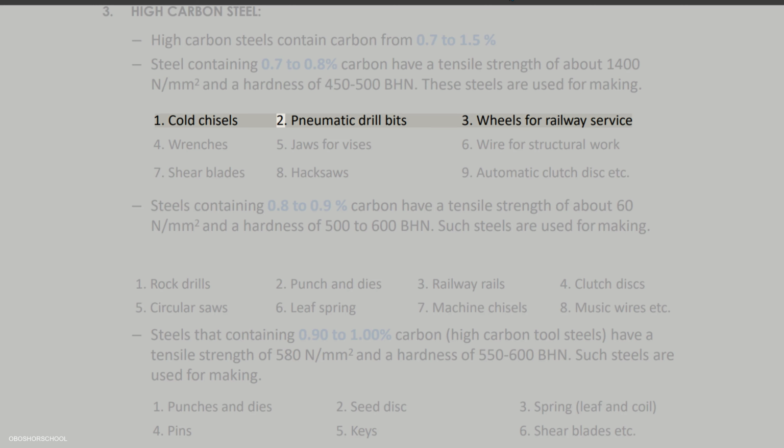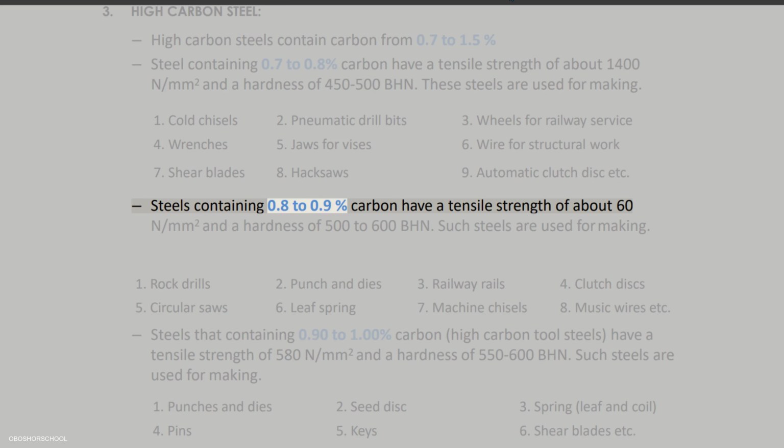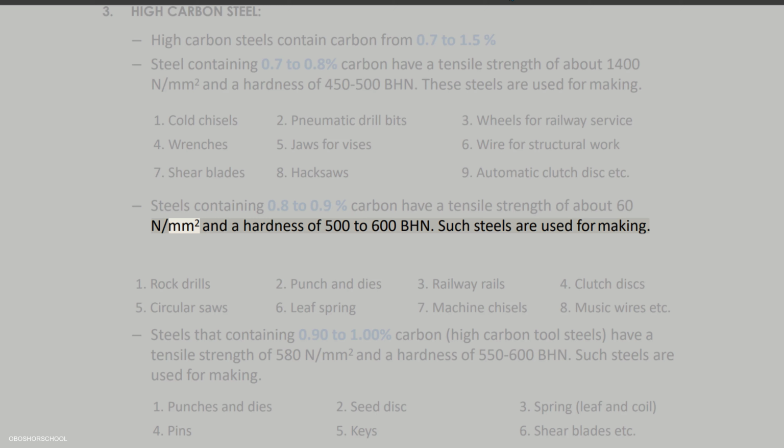1. Cold chisels, 2. Pneumatic drill bits, 3. Wheels for railway service, 4. Wrenches, 5. Jaws for vices, 6. Wire for structural work, 7. Shear blades, 8. Hacksaws, 9. Automatic clutch disc, etc. Steels containing 0.8 to 0.9% carbon have a tensile strength of about 60 N/mm2 and a